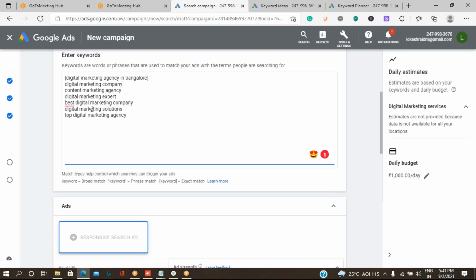One is broad match: writing any word, it has to show my advertisement. So don't give any special symbols. If you write anything with double quotes, then you are specifying that they have to use at minimum these words. That type of keyword is called phrase match. Suppose you want the audience to write exactly the keyword, then only my advertisement has to show. Then it is called exact match keywords.